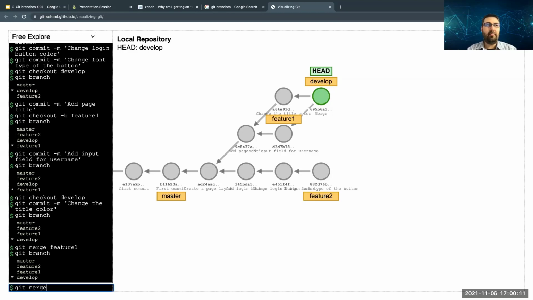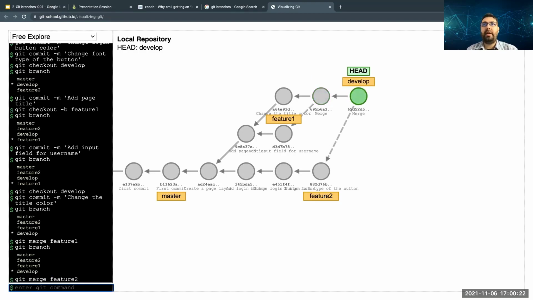Git merge feature 2. That's it. There we go. All the changes from feature 2 are now in the develop. Before we merged it, the develop branch didn't have the changes, but now it has the changes.